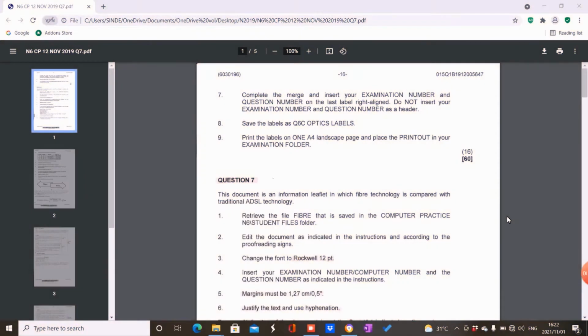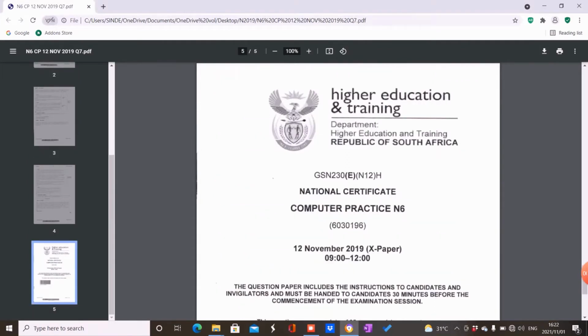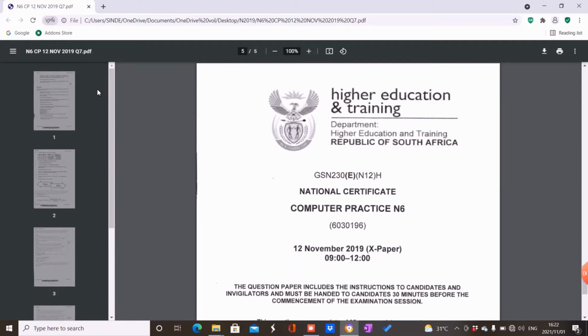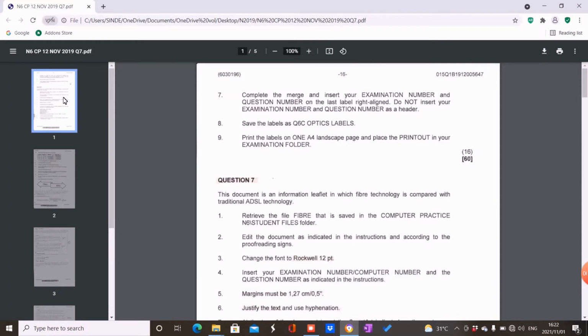Today we are going to look at question 7. Now this question 7 comes out of our question paper, and over here I've saved it for you as the question paper for 12 November 2019. The reason why I chose it is it's a little bit different than the normal question papers. Another reason for my choice is we have now a bit of a change that happened in computers, where